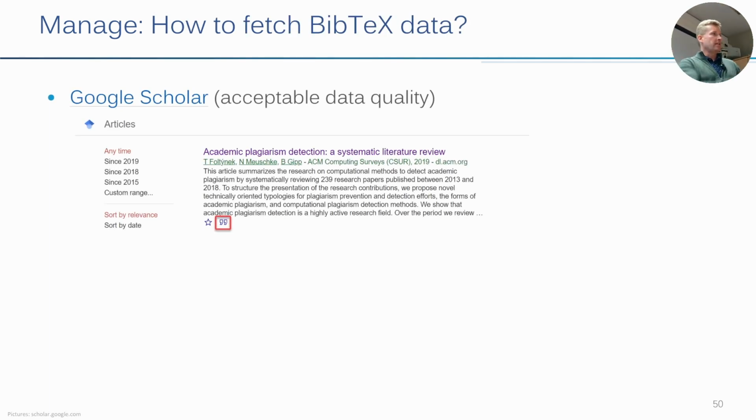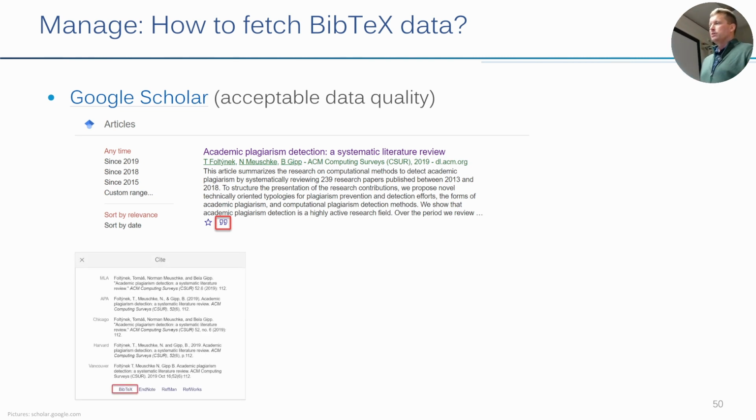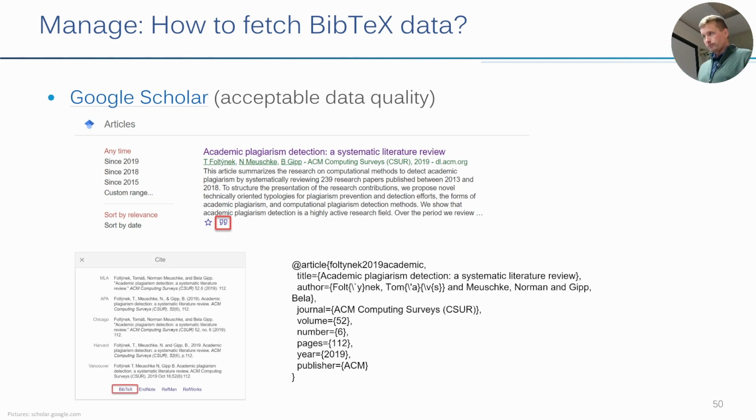How to get BibTeX data, you already mentioned that. Very often it's just available on academic search engines like Google Scholar, on publisher sites, and so on. I think you've all seen that you get this metadata. Now, linking back to what I said previously, be aware of the approach of academic search engines